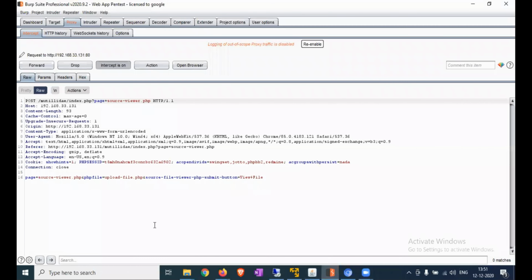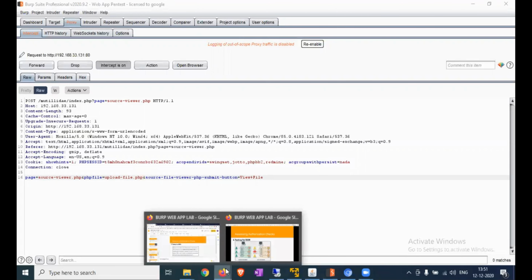So now we are able to see that request, a POST request here, and here is the source file path. So here we will change the php file parameter to a different file using some wfuzz parameter. Let me check.